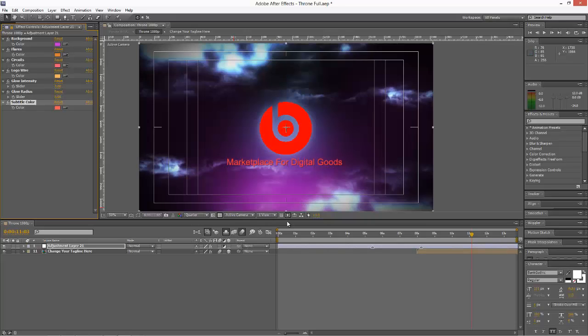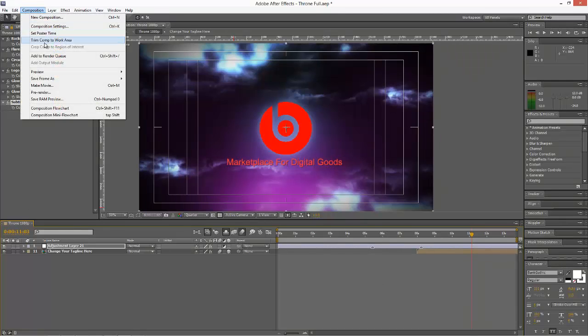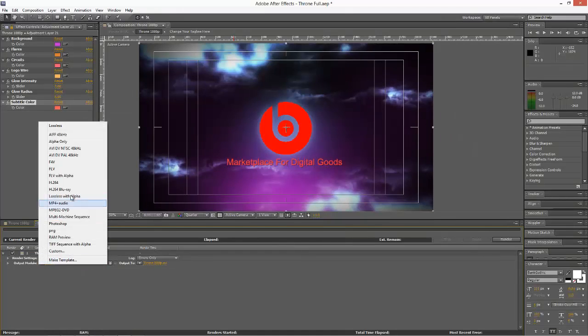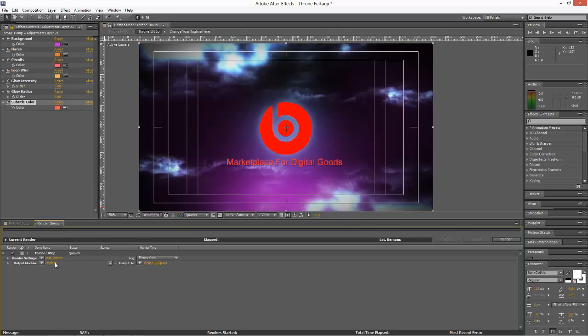And that is it. Okay, after you're done with all the changes, set up the colors and everything, you will render this. And how can you do that? Well, be sure that you select the main composition. Just be sure that you see the yellow border on this main composition, and after that you go to composition, add to render queue. After that, go to the render queue window and leave the best setting on. For output module, choose something you like. You can choose something here, or you can go to